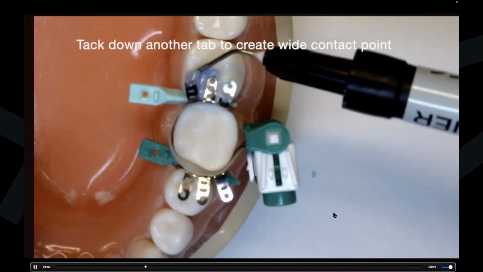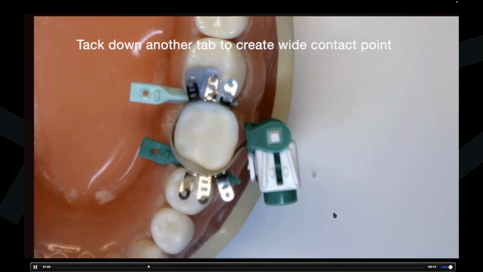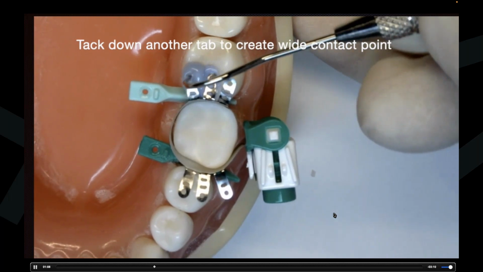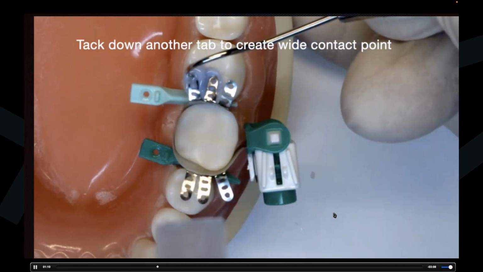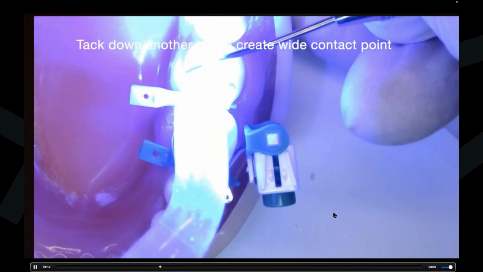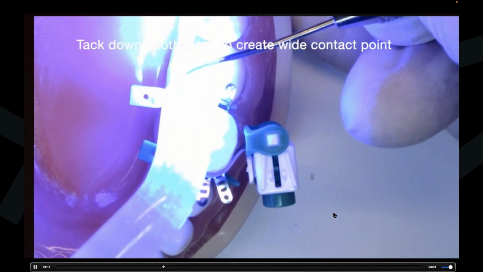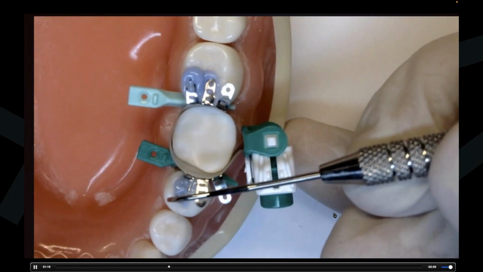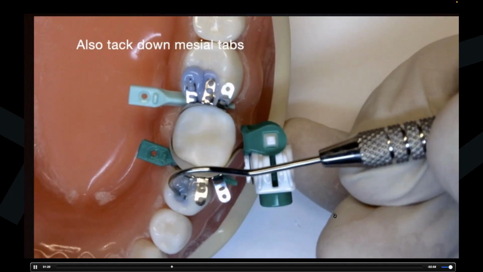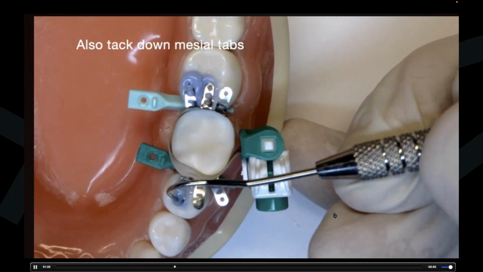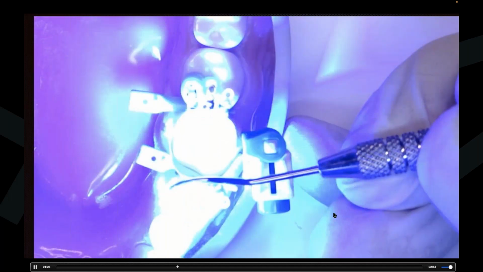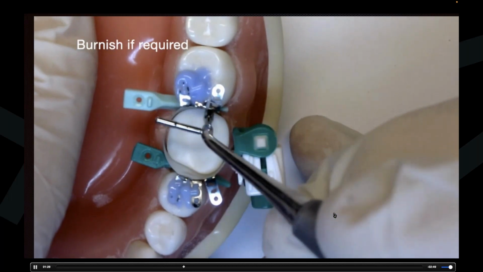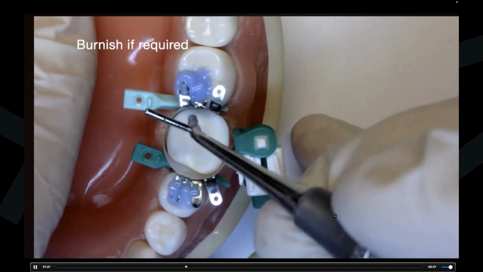Remember, these bulk fill flowables or injectables, flowables really not the proper term anymore. The injectables, they cannot push a band, but if you have a 35 micron space, you're doing just fine. Now you can see he's pulling the tabs on the bicuspid and the molar. And then he goes in with that PPS instrument. That's the one that goes with my sculpting burrs.